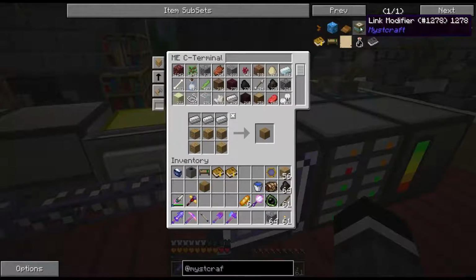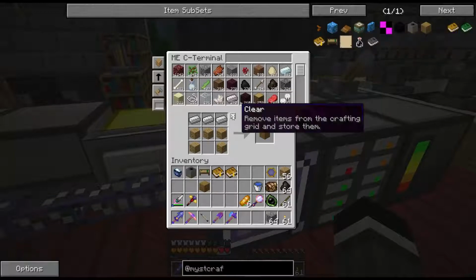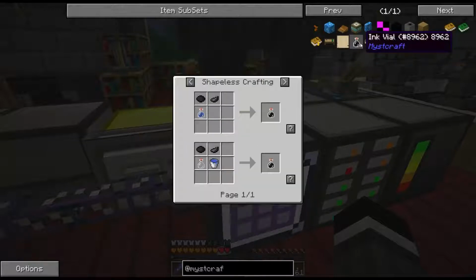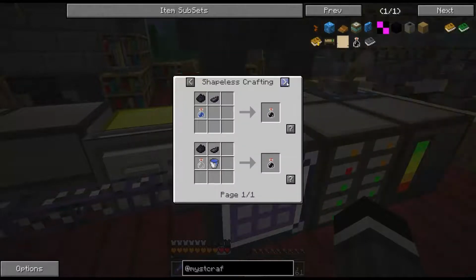And I'd like to make a link modifier, but yeah, there's no recipe for link modifiers anymore. And I'll talk a little bit about what that's all about here in a bit. Now let's see, how do we do this again? Do I need blank pages? No. I need ink vials, yes. And those are going to take...